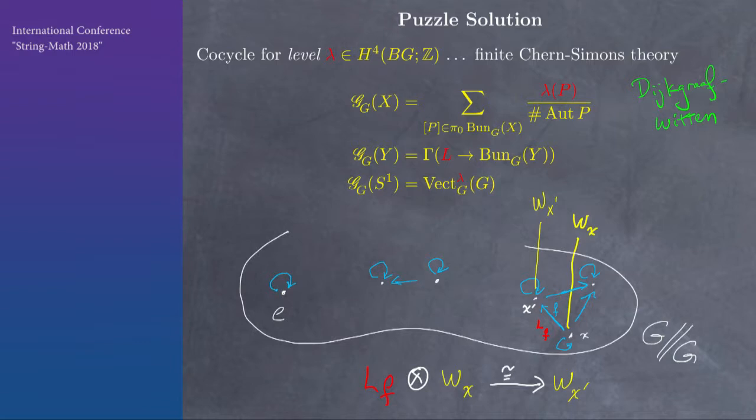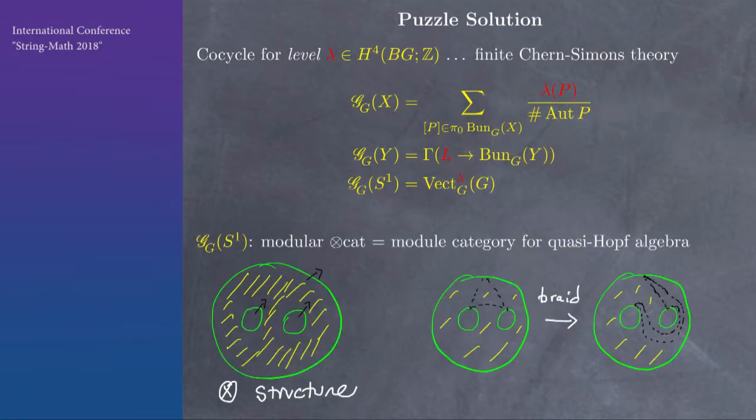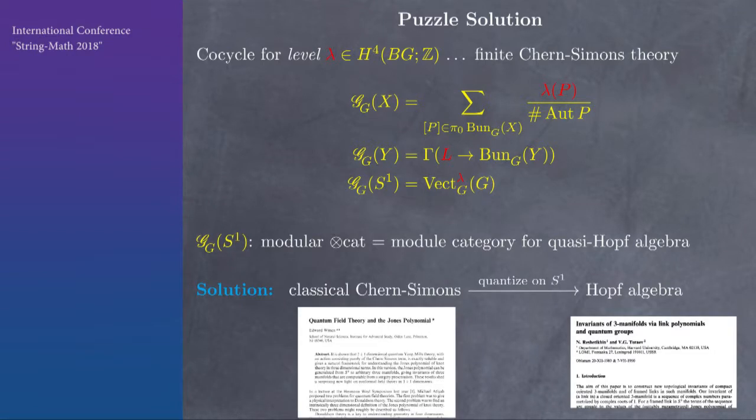And that turns out to be a Hopf algebra, and that follows from the field theory because of the structure of the circle, and you get a multiplication and so on in the familiar way. You get a braided tensor category, and that braided tensor category is in fact representations of a Hopf algebra by the work of Tanaka, as we learned last night from here. So that's the solution to how we can see the classical Chern-Simons functional. That's a starting point, and then you compute a Hopf algebra in this extended version of a field theory.